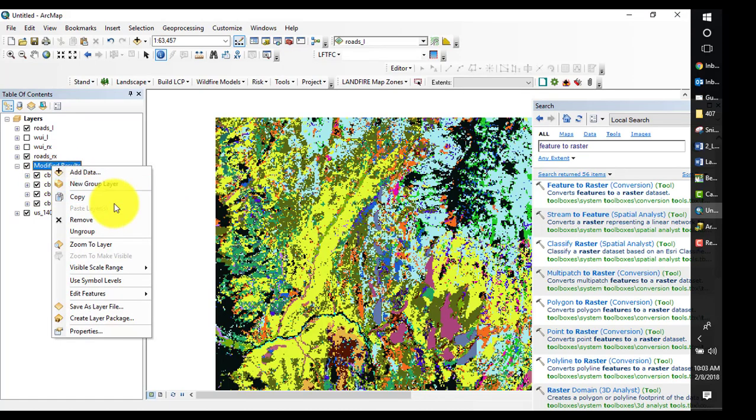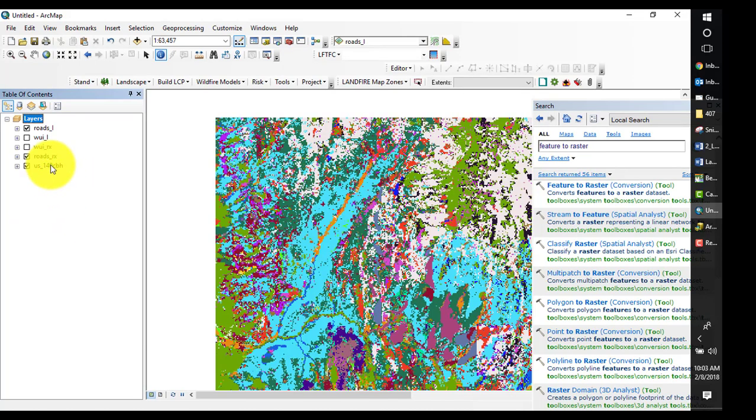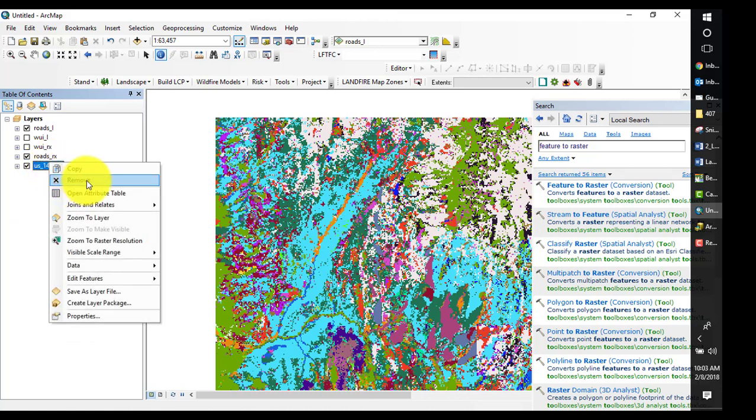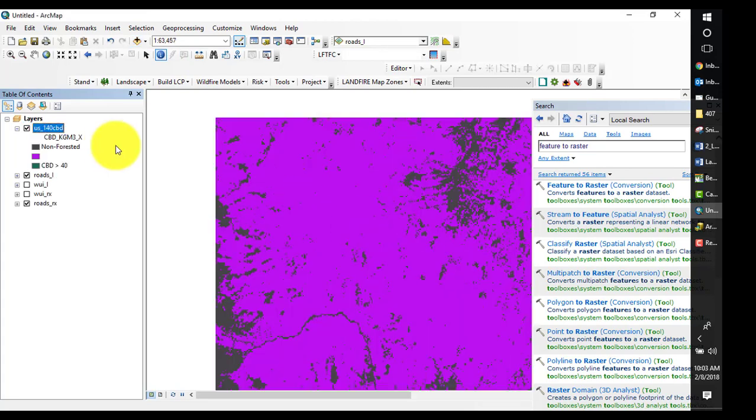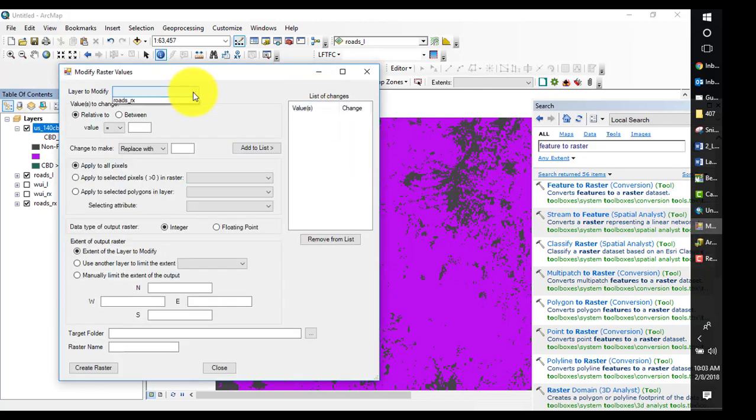So we're going to remove our modified results, remove canopy base height, and add canopy bulk density, which is our next feature to change. Same process, different numbers. Modify raster value. Our input's going to be canopy bulk density. This time we are going to be multiplying it by a factor. So anything that is greater than or equal to 0